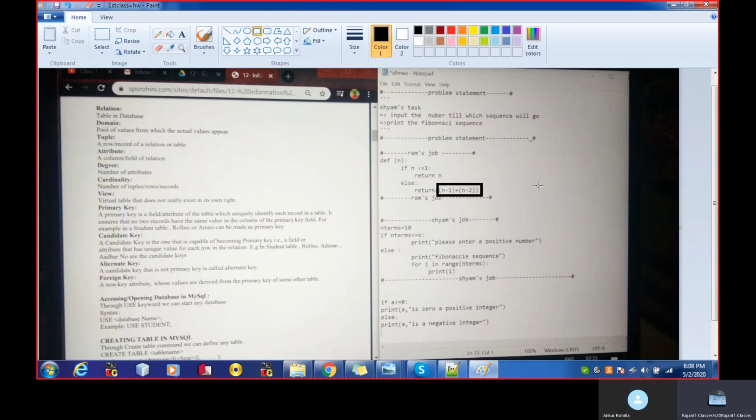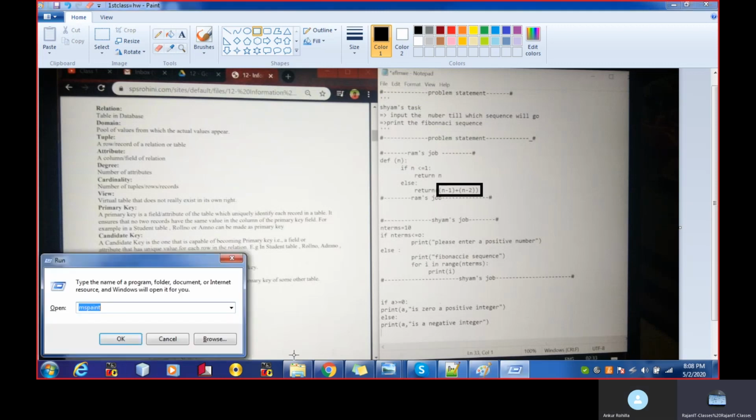So just forget about this. Forget about the recursion part of the function, right? What is recursive? Just forget about it. The homework is to make the Fibonacci series. That's it. That is your homework. So let's understand the logic of the Fibonacci series, right? So I'm going to share the logic of the Fibonacci series. Let me.